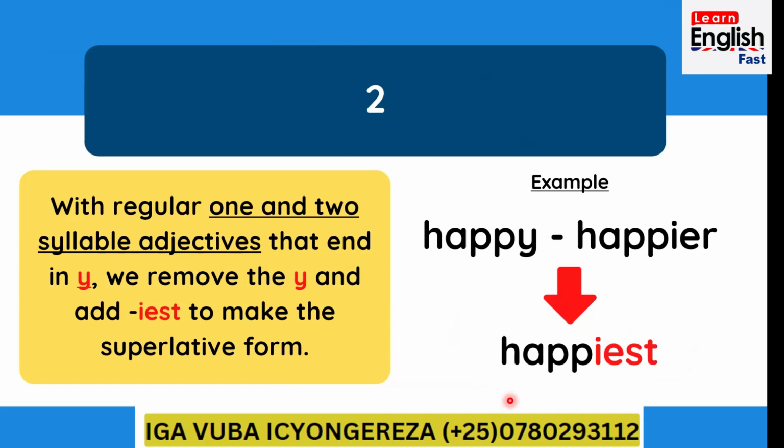I'm the happiest person in the world. Ninjye muntu wishimye gusumbya abandi bantu bose mu isi. Happiest uvuga ngo ndi kwigeranya n'abandi bantu bose bo mu isi. Twabonye ko superlative we use it when you are comparing more than two things, ibintu bitatu cyangwa se birenze. Okay,